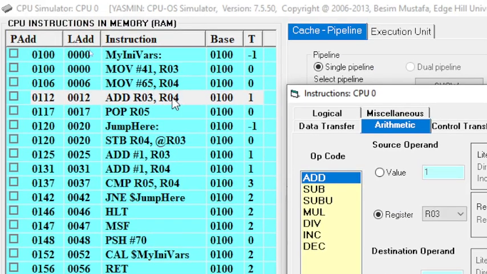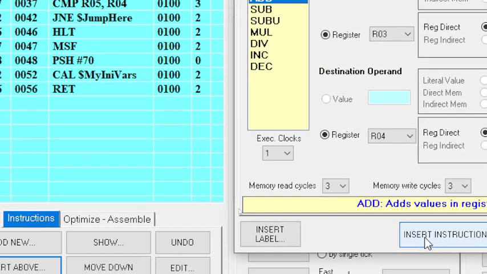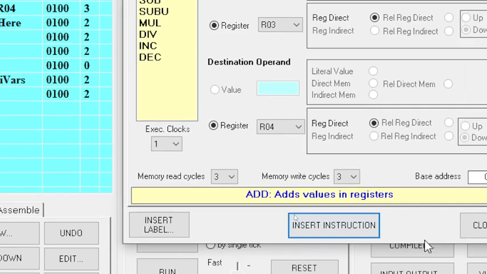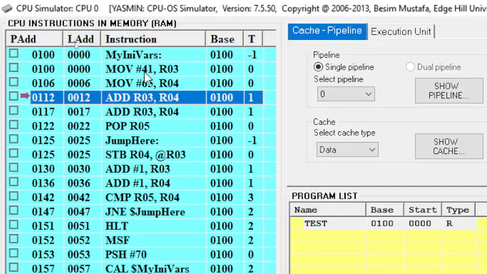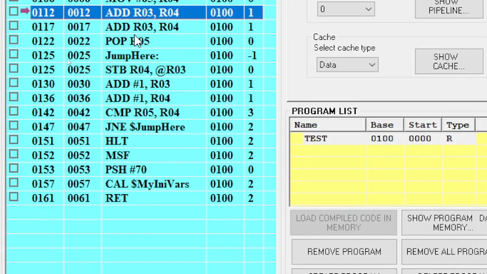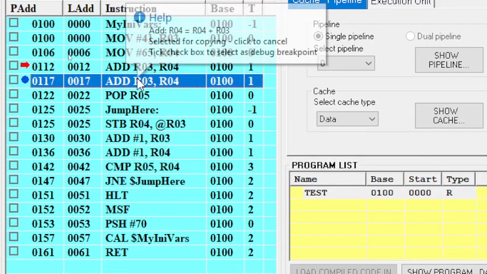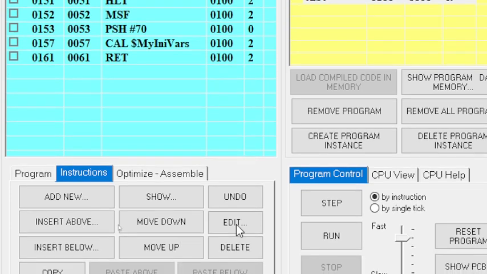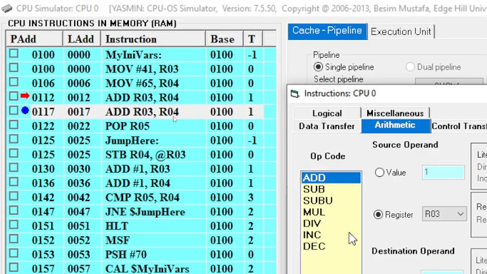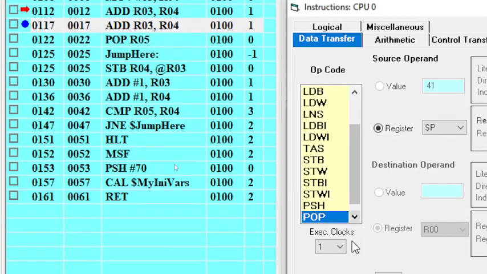So the R04 will change into the sum of that value, and you are going to push R04. Okay, so I press that one, edit. After adding, you are going to push the R04 in the stack.